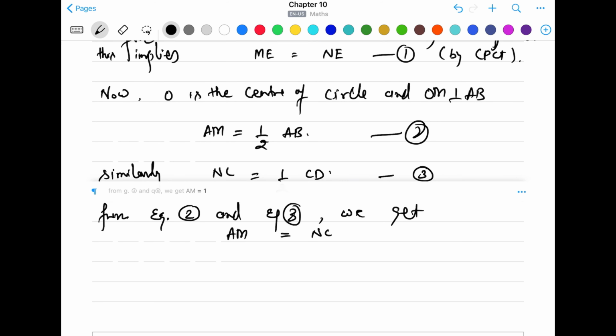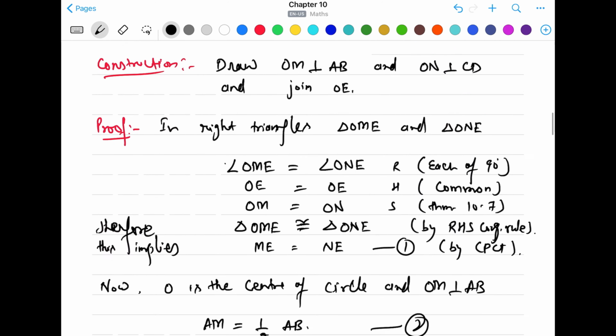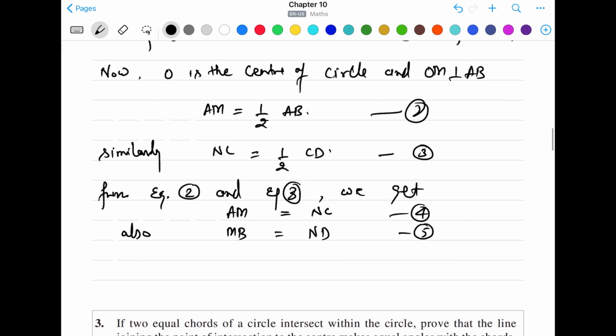AM is equal to NC. Okay, let's name it equation number 4. Also this will give us that MB is equal to ND. Let's name it equation number 5. Okay, since these two are the perpendicular from the center, so they will bisect the chord, so we got the corresponding parts of the chord will be